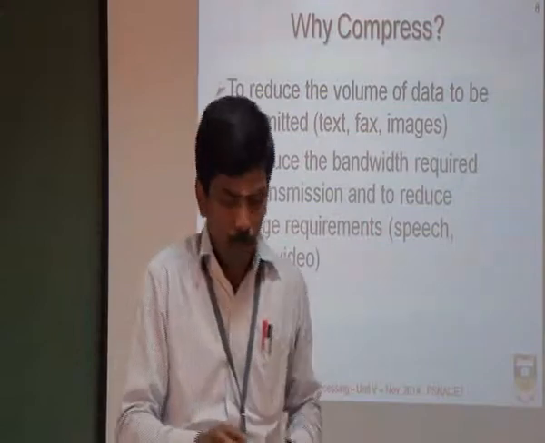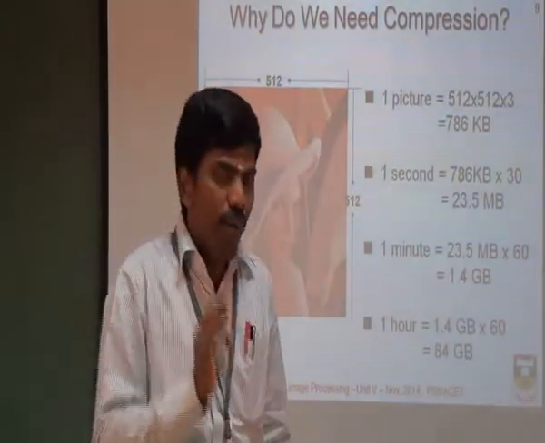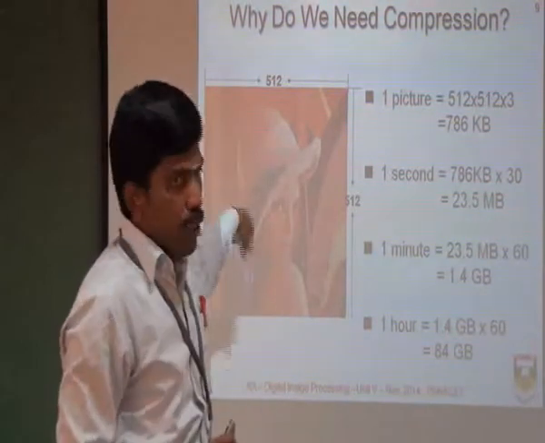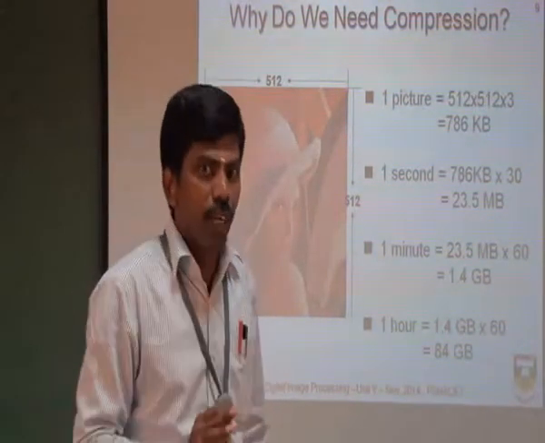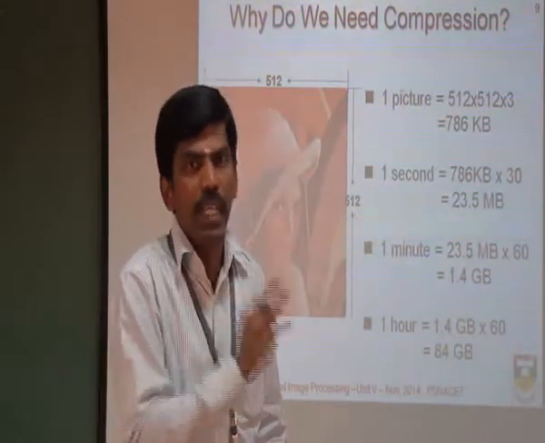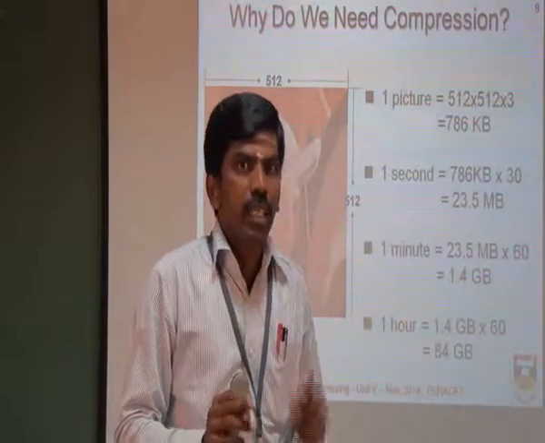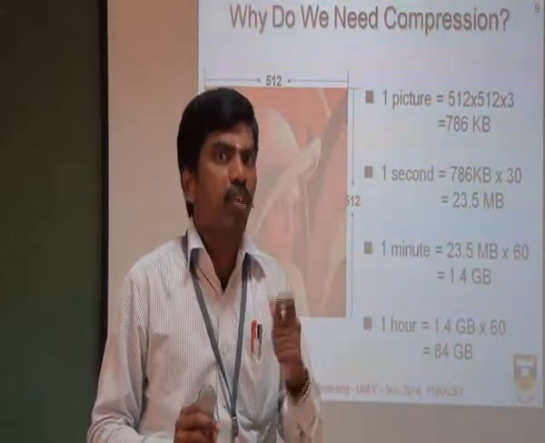We go to image processing, the image compression. Why do we need image compression? I will give one example. First of all, my present image size is 512 by 512. I take a photo as the present image. It's a color image; I don't talk about monochrome. Now I take the example of a color image. The only difference between a monochrome and a color image is the dimension. For example, 512 by 512